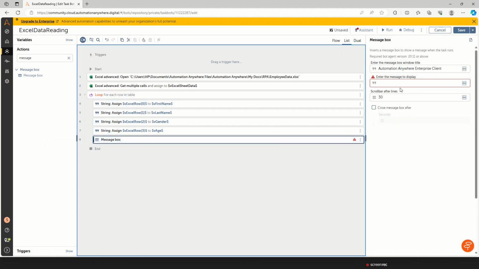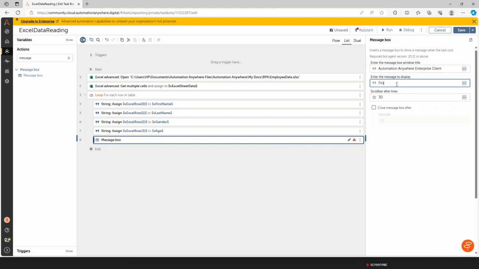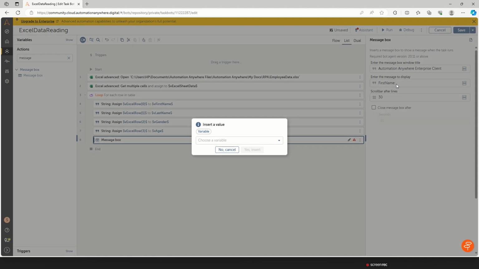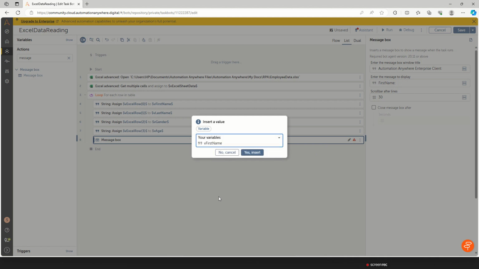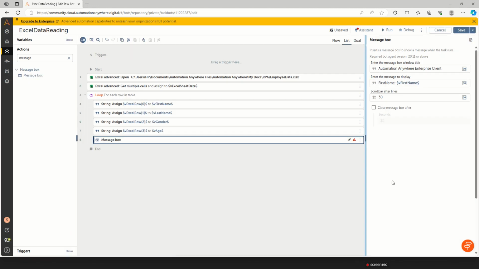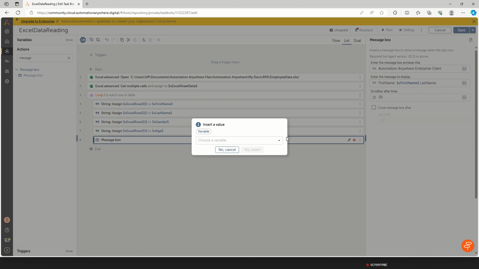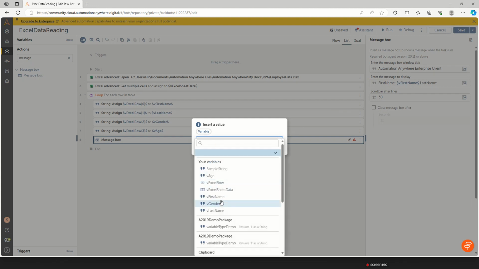Okay, in this message box, what I'll give first name, and that variable. Press F2 and you need to select the name, that variable, I mean the first name, and then give some space, last name, colon. Okay, it is just a label. You can give any name here. I'm just giving a label, last name, and then press F2 and you select last name,